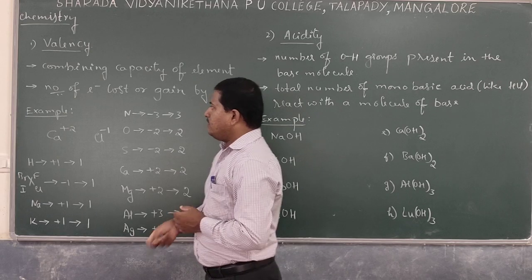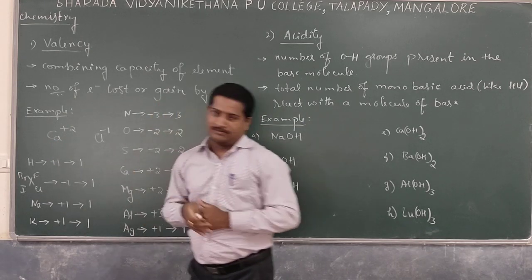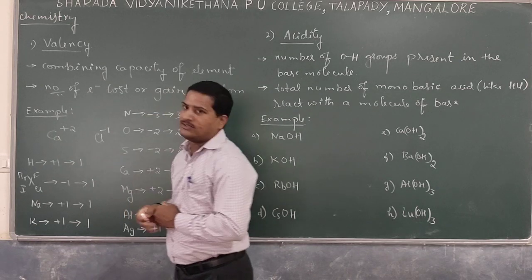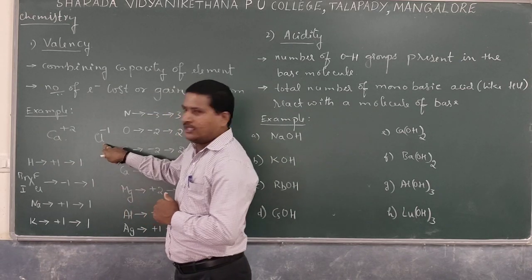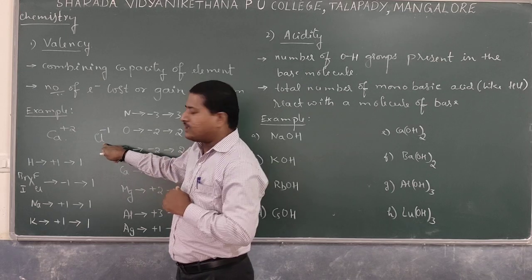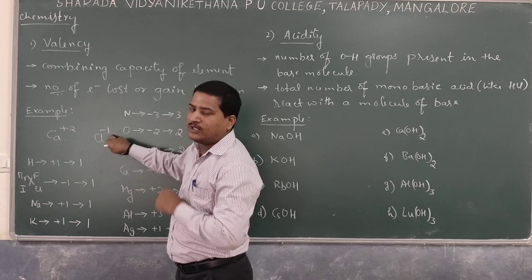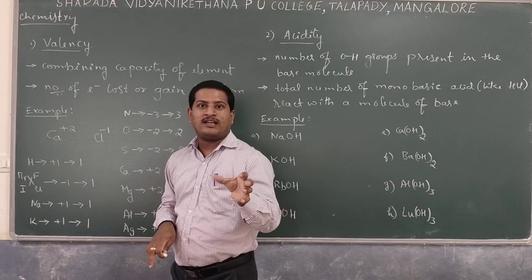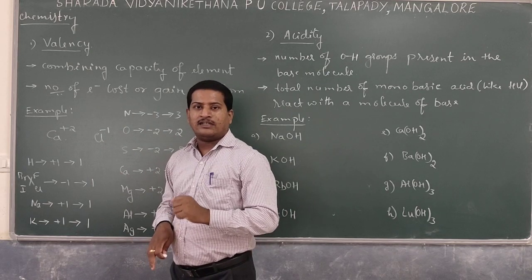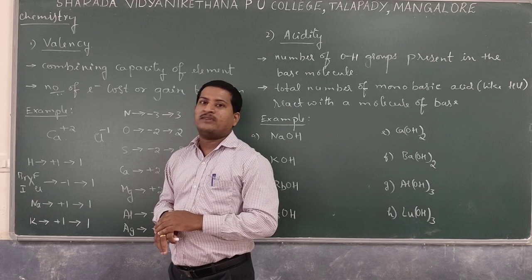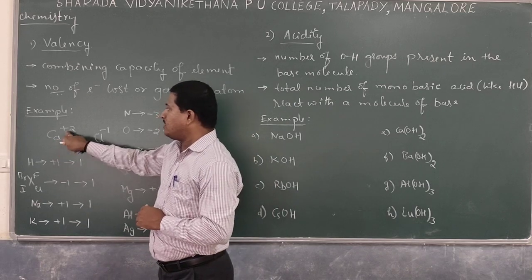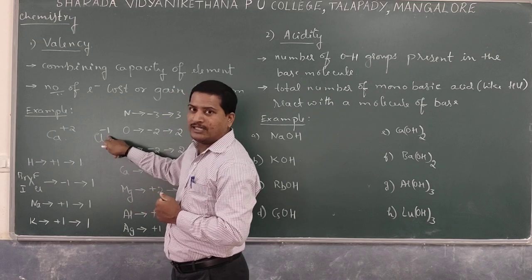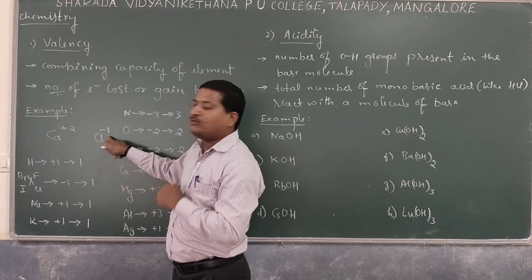So if we go with calcium as an atom, after removal of two electrons, calcium becomes Ca2+. Similarly, chlorine, after gain of one electron, becomes Cl minus. You should know, after loss of electron, a neutral species becomes a cation, and after gain of electron, that neutral species becomes an anion. Similarly, calcium becomes Ca2+ because of 2 electron loss. Chlorine becomes Cl minus, chloride ion, and it will gain 1 electron.